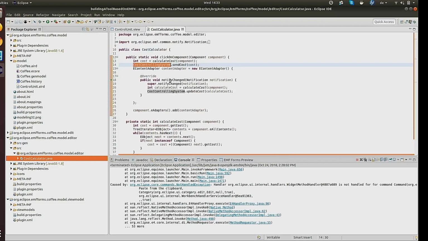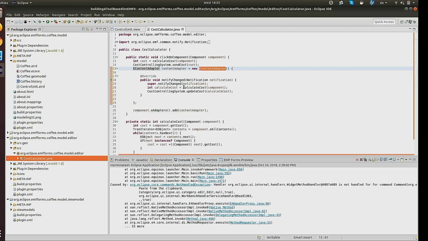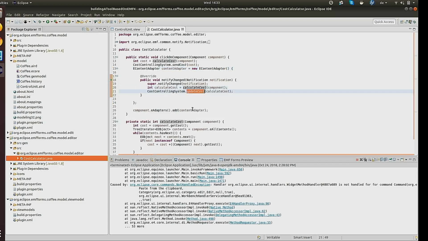The other thing which I have here is a very useful concept. It's called an EContentAdapter. That's the way to listen to changes. And the special thing about a content adapter is that it will be notified about all changes in a tree. So even if I change the cost of any sub-element, this will be triggered. And it calculates the cost again and calls update cost on the cost controlling system. The cost controlling system is just any external system. So let's